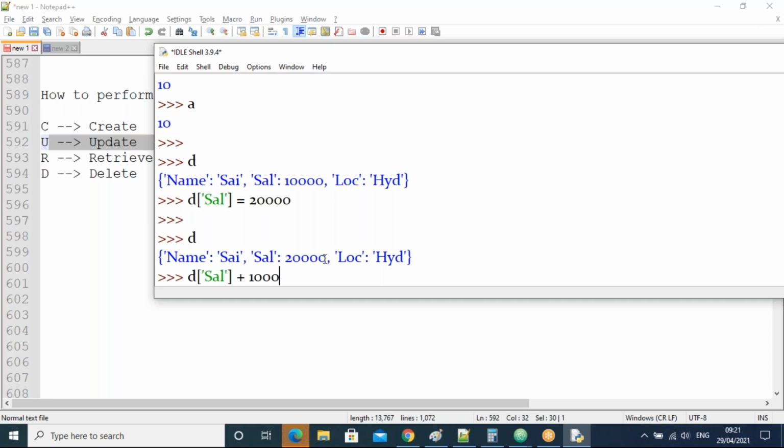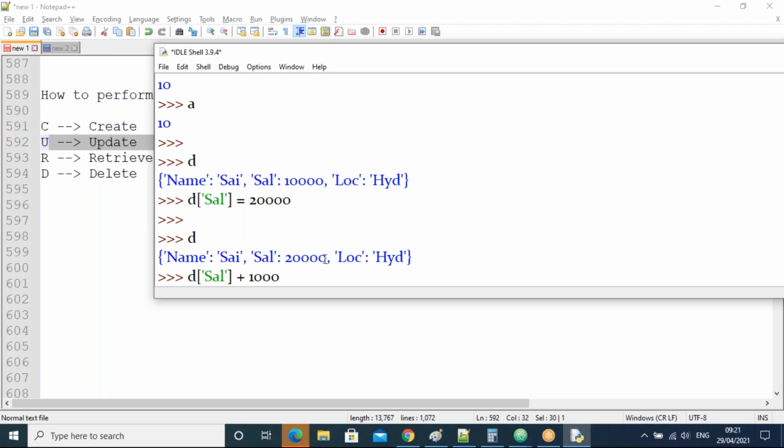Now all of you, it is clear how this works? Observe. Currently what is d of sal? 20,000. This is 20,000 plus what I'm adding here, 10,000. Total how much now? 30,000.